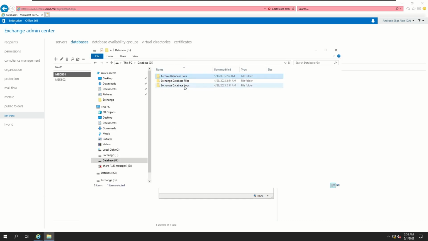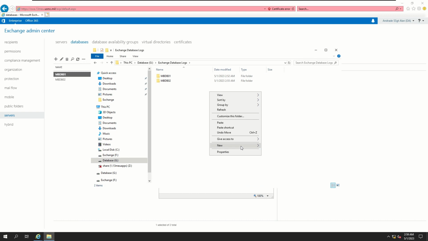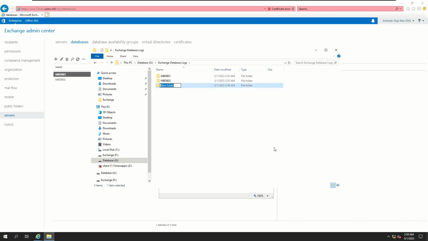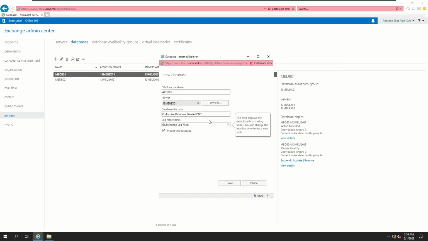Let's see, Exchange database logs, new folder, ARDB01. Okay, and then